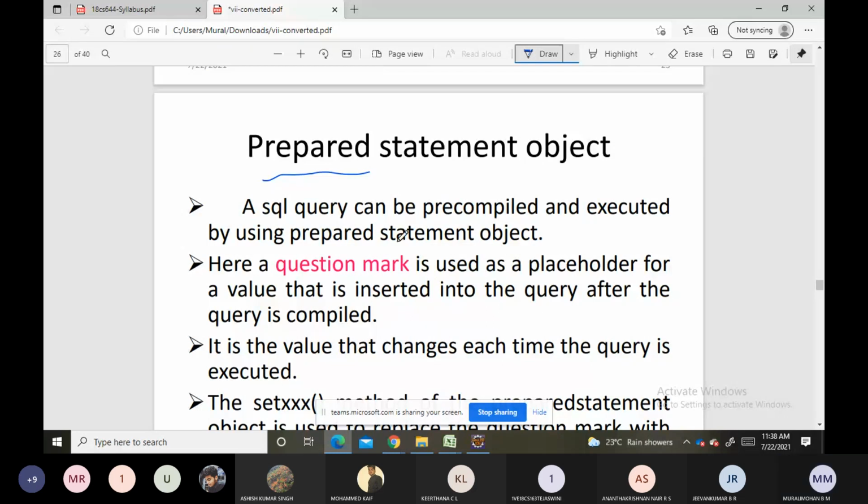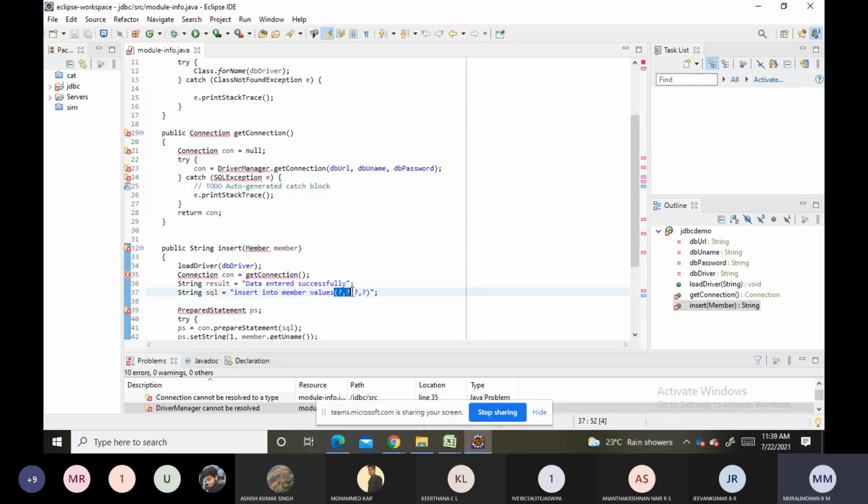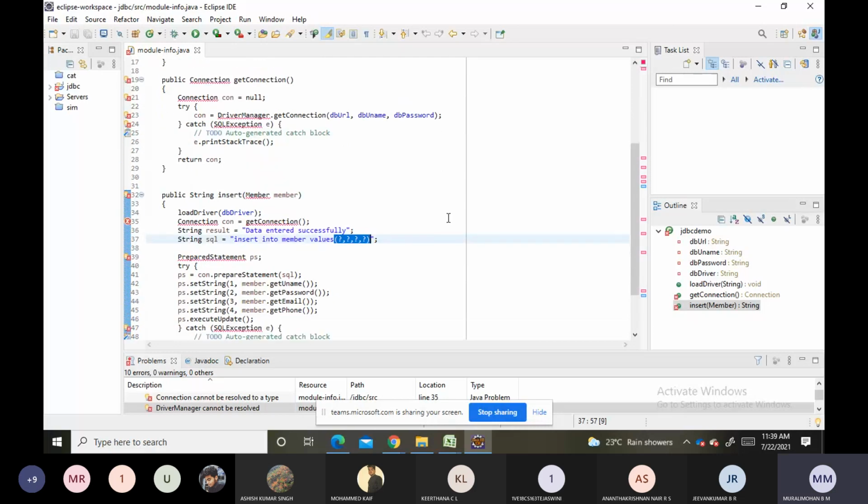Just observe here. It is a prepared statement. We create it with the connection object's prepare statement method.